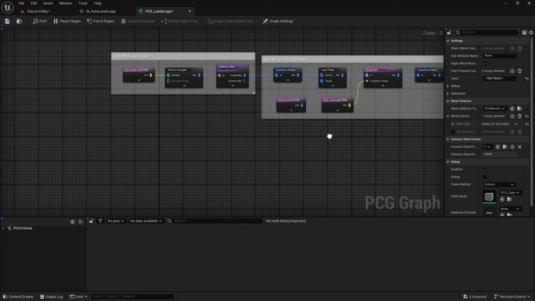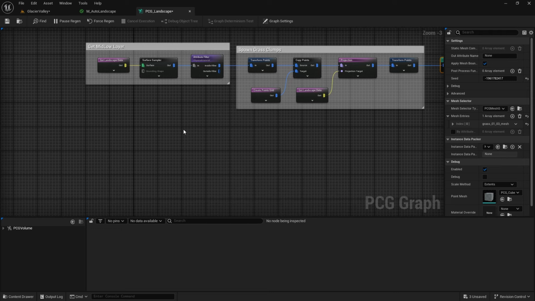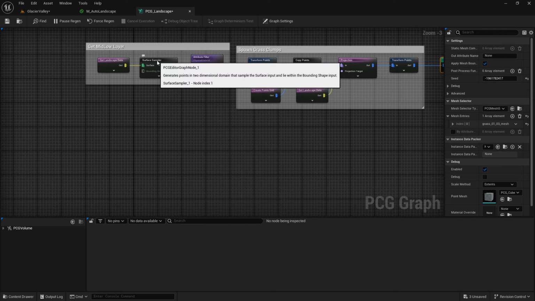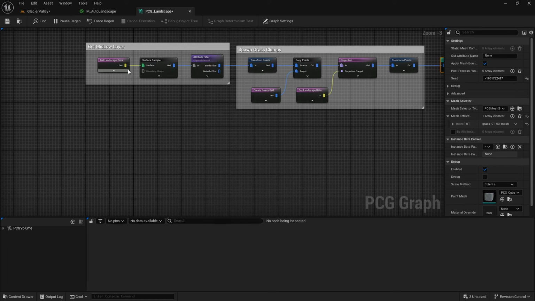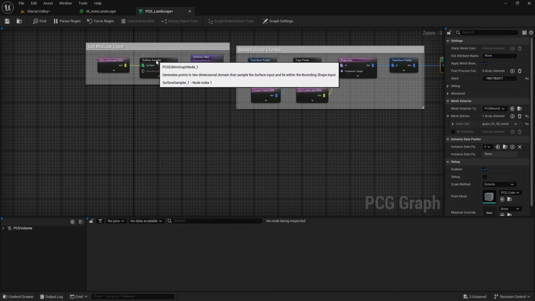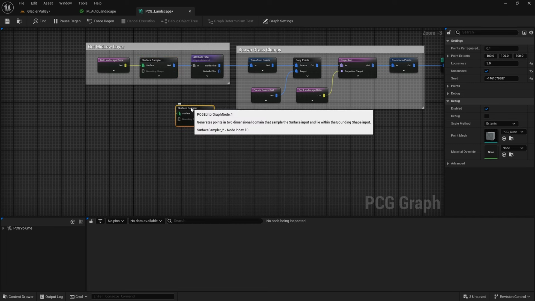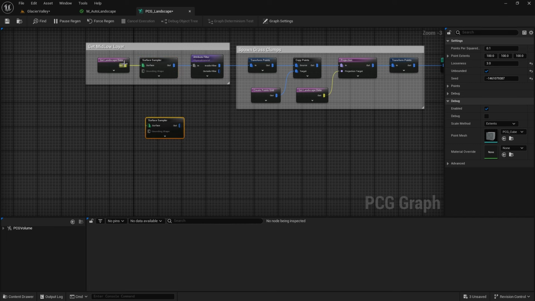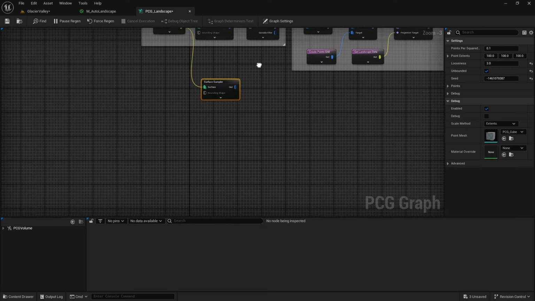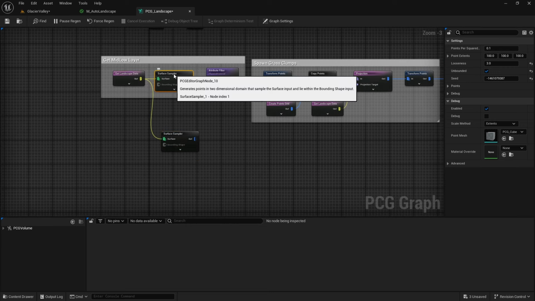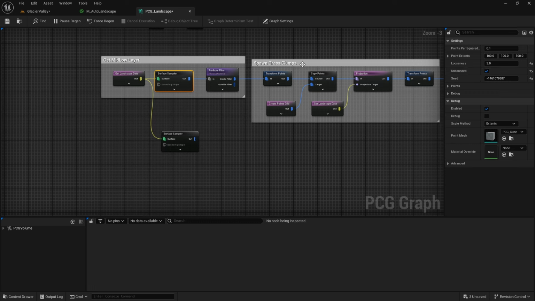So what we can do is take our surface sampler again. From the landscape data, in fact, just duplicate this surface sampler and drag it out from the landscape data. In fact, for these surface samplers at the moment, select both of them and uncheck unbounded, because we just want to do this within the volume at the moment. And if you look at this surface sampler here and hit A to inspect it,